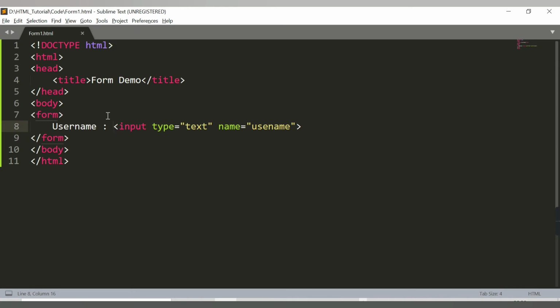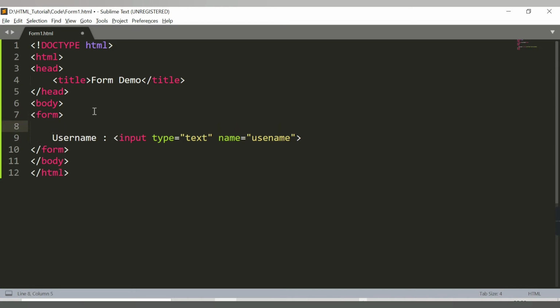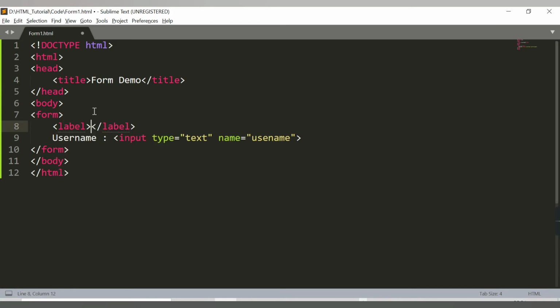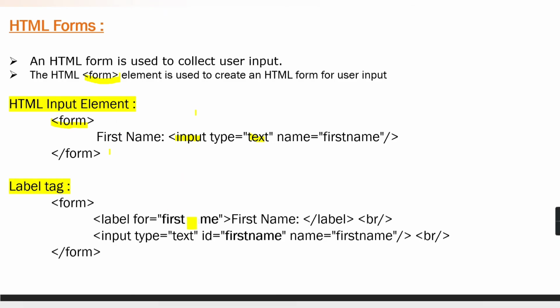So this is what we were doing earlier. Now we will use label for. Let's say this is label for username. Here we can print that message now, and this label for should be equal to the ID that we provide in the input type.